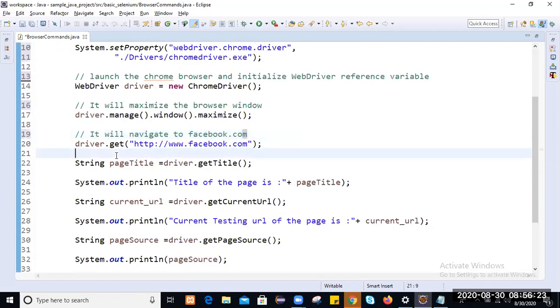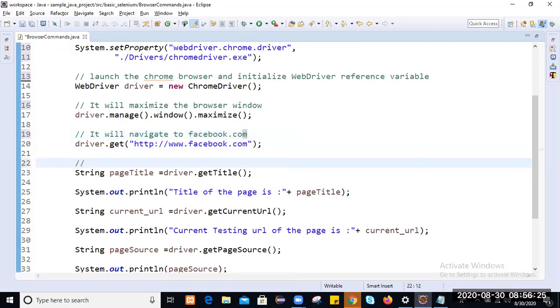Then this line will get the title of the page where the driver instance is currently present or available.